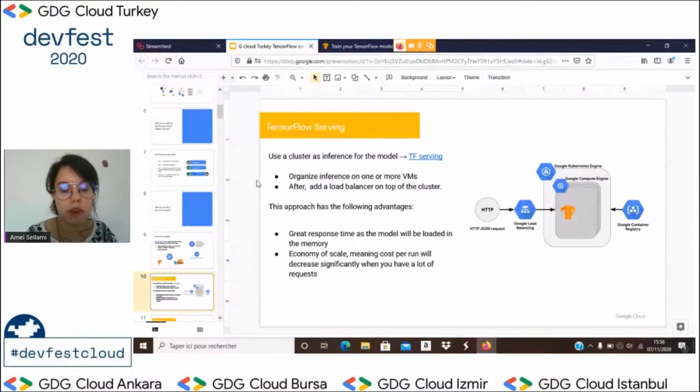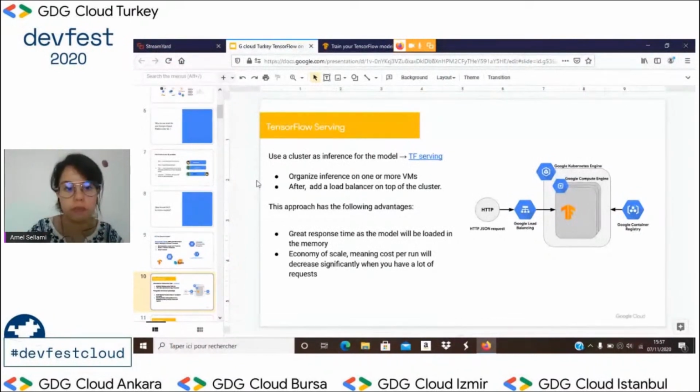And it's an economy of scale, meaning the cost per run decreases much when you have a lot of requests. Typically, we use cluster TF Serving when you have production-ready machine learning models that will be accessed in real time, 24 hours a day, 7 days a week. This is what you want to use when you have this kind of architecture or problem.